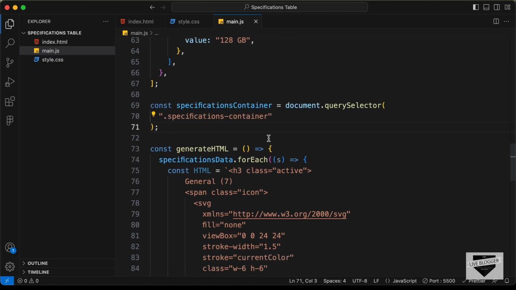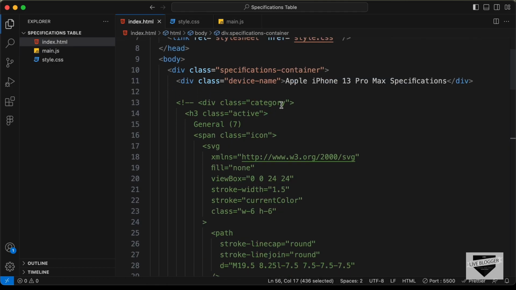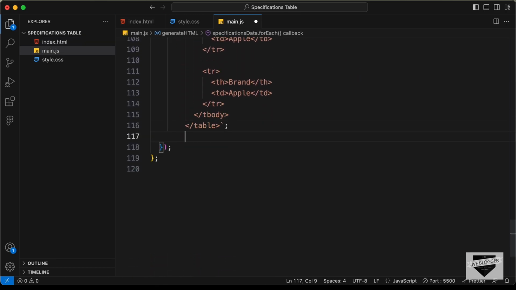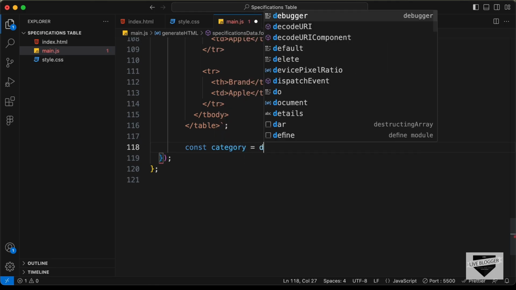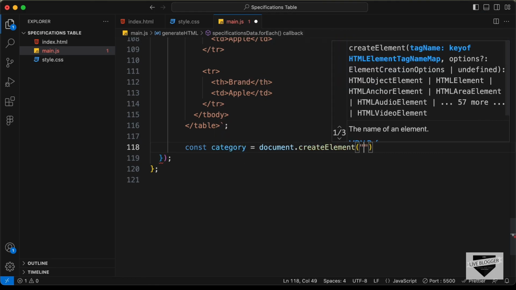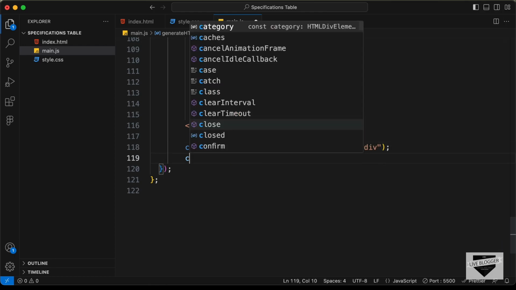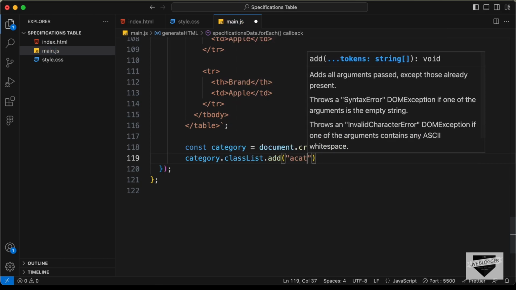Now in the specifications container we need to create a division with the class of category. So let's go ahead and do that. Here in the JavaScript, let's type const category, and let's set it equal to document.createElement, and we need to create a div, and we need to add a class of category for that. So let's type category.classList.add('category'),